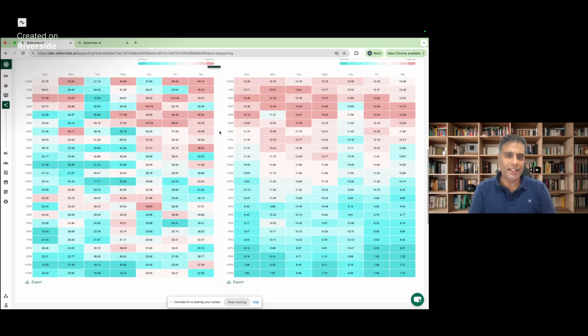Now, in a nutshell, what that means is you get access to tools that allow you to do day parting very easily using data. We give you AI recommendations to make sense of the data a little bit more easily for you. And we also help you keep track of performance improvements at an hourly level based on the rules that you have created.